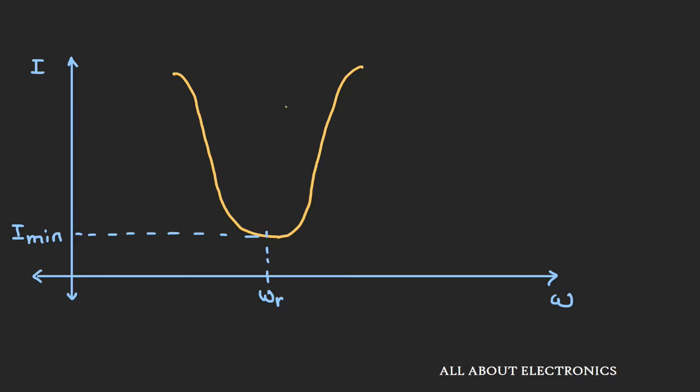Similarly, if you see the current versus frequency curve, it will look like this. At resonant condition, the current that is flowing through the circuit will be the minimum. So as you move away from this resonant frequency, the current will start increasing. So now if you see this current versus frequency curve for this parallel RLC circuit, it looks like a band stop filter, because it rejects some frequencies and passes all other frequencies. While in case of a series RLC circuit, we had seen that it acts like a band pass filter, as it passes few frequencies and rejects all other frequencies. And that is the reason this parallel RLC circuit is also known as the rejector circuit, while the series RLC circuit is known as the acceptor circuit.